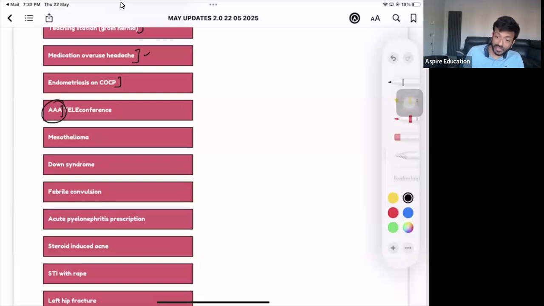Remember one thing, in AAA, abdominal aortic aneurysm, the patient will give the history of back pain and other symptoms. They may not give you any other symptoms, so be careful on that, because what are we expecting in other symptoms? That the patient has got a pulsatile mass in the tummy, but the patient may not give you that history. Why? Because a pulsatile mass is something that you will find on examination. The patient might have found it himself, but he may not have. So they may not give you that history.